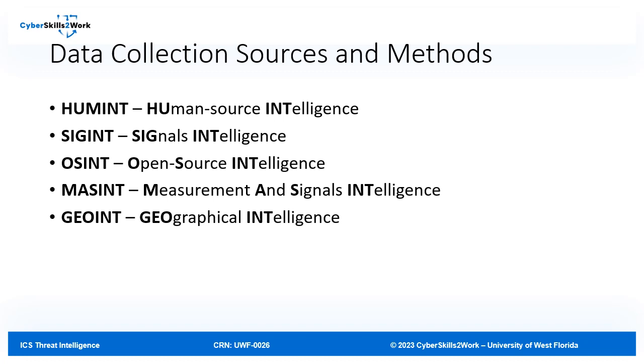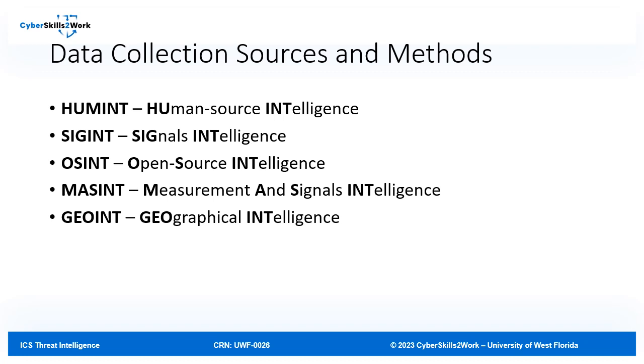Measurement and Signature Intelligence, MASINT, is technically derived data from other than imagery and signals intelligence. It employs a broad group of disciplines including nuclear, optical, radio frequency, acoustics, seismic, and materials sciences. Examples include distinctive radar signatures of specific aircraft systems or the chemical compositions of air and water samples.